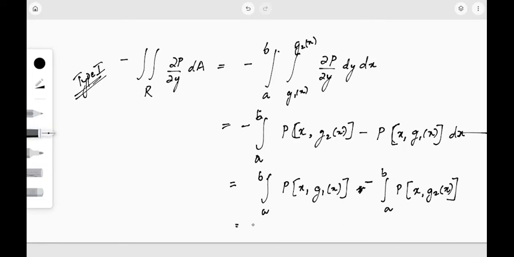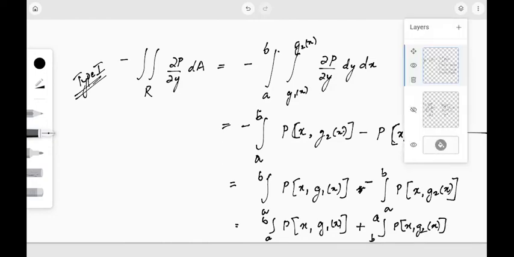So this will become nothing but integral a to b p of x comma g1 of x plus integral b to a p of x comma g2 of x. Now if you see the figure,